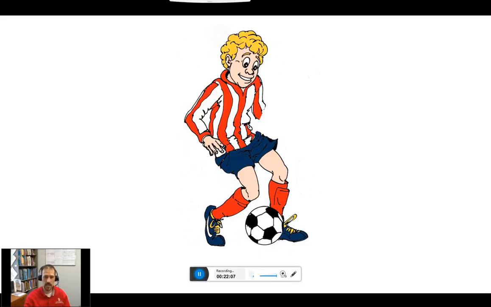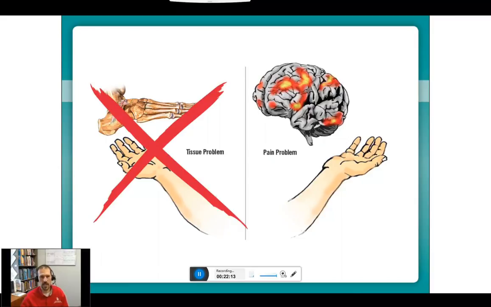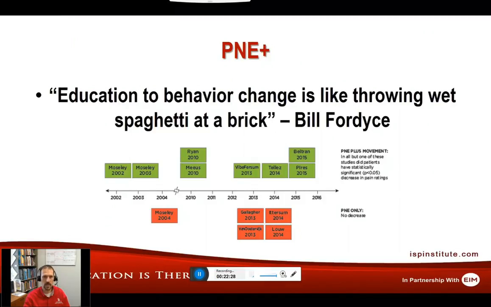Again, it's more of a sensitivity of the nervous system, and oftentimes less to do with trauma or damage to the tissues. And so we get them to recognize there can be tissue problems, but in many situations there's also pain problems where, again, it's more of a sensitivity of the nervous system. And when we can alter and shift those beliefs, we can then progress them with what we refer to oftentimes as the P&E Plus program.